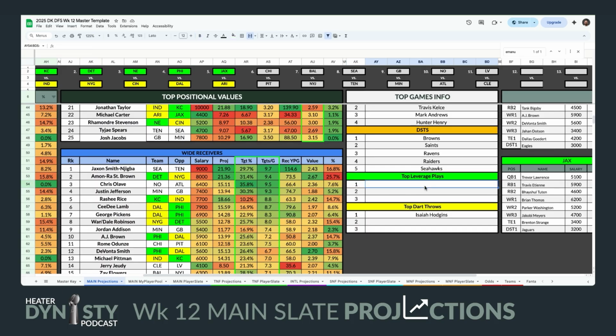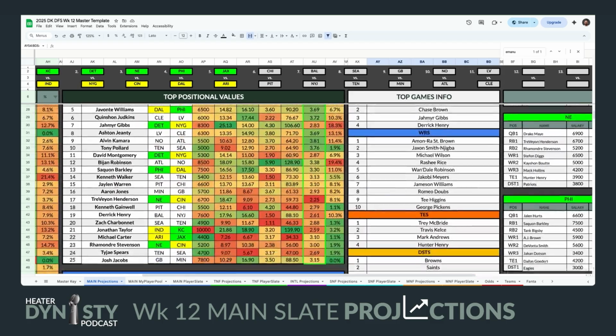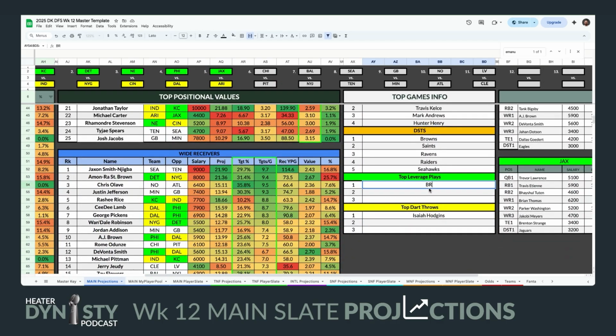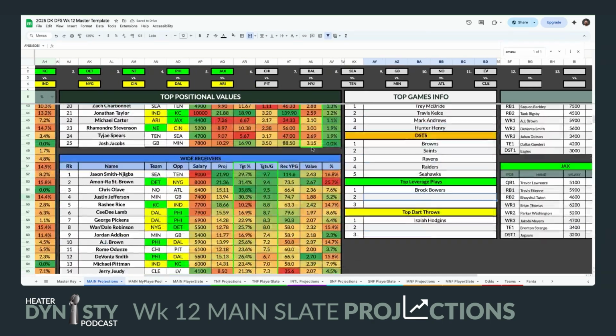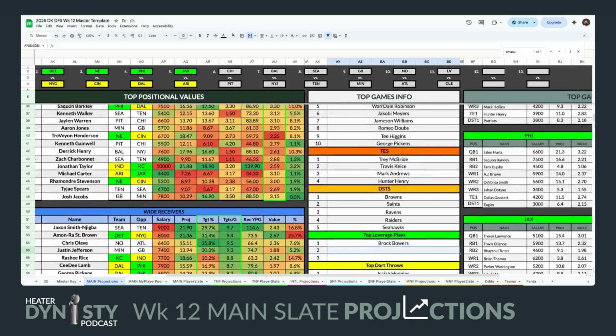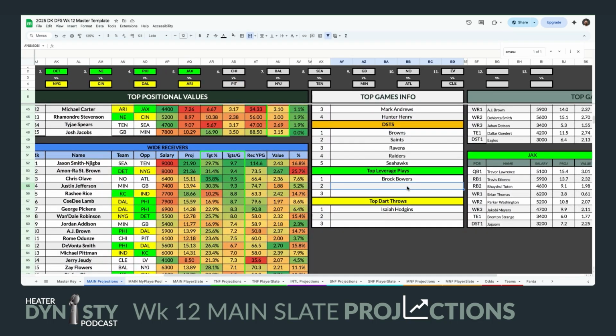On to leverage plays this week. So, I know I told you about Trey McBride. I know I told you about Travis Kelce. But have you heard about this other guy, Brock Bowers? I think in tournaments, it's someone that you could definitely go to as leverage off of those two players who are going to be very popular. Let's look over here. Yeah, Trey McBride's almost 20%. Travis Kelce about 12%. Brock Bowers is technically a little bit more than Travis Kelce, but I think you're going to see more soon as the day goes on.